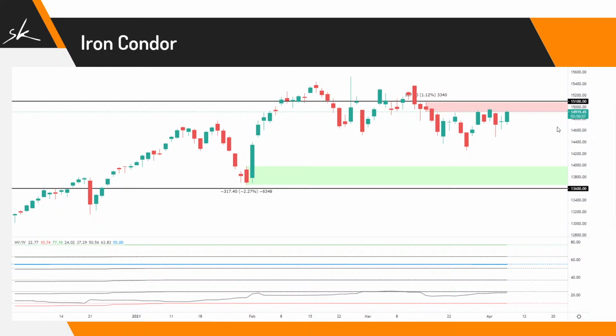So let's assume we have a supply zone which is starting at 14,919, and your distal line is somewhere above. So what is going to happen? My out of the money call will be 15,100, and my demand zone is right here, so here my out of the money put will be 13,600. So first you need to have a quality demand zone and a quality supply zone within which we are expecting prices to remain till expiry.